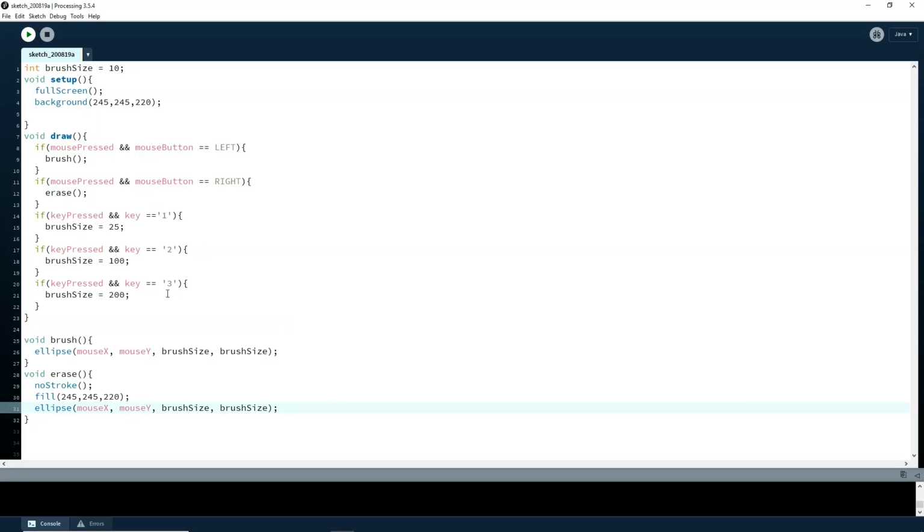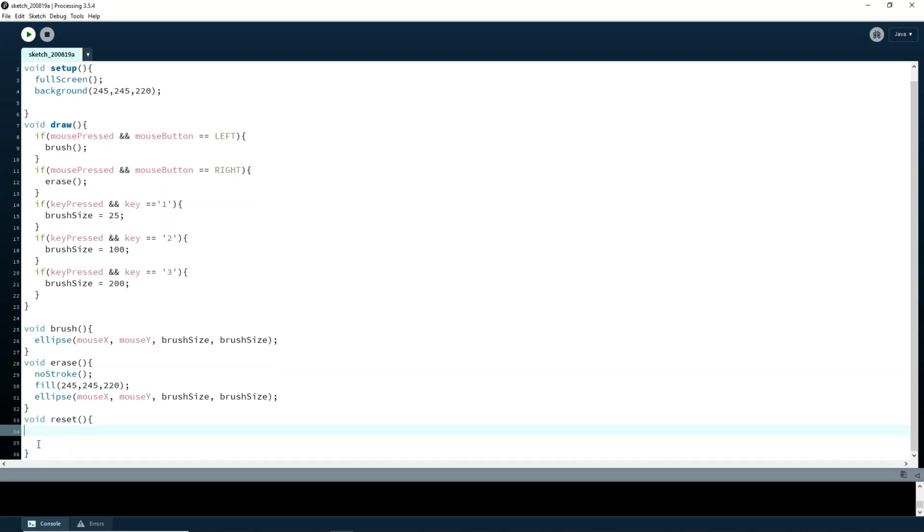The final thing we're going to add is the reset option. So I'm going to make a function called reset. And essentially what this function does is, in this function, if I press a key on my keyboard and that key equals R, go ahead and set the background to